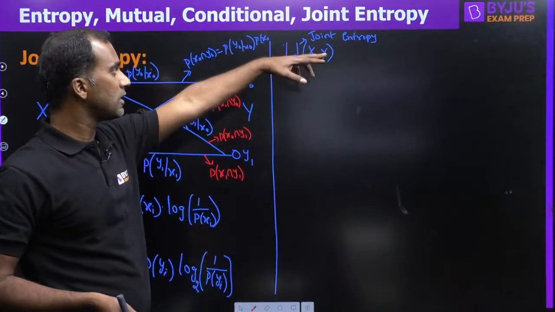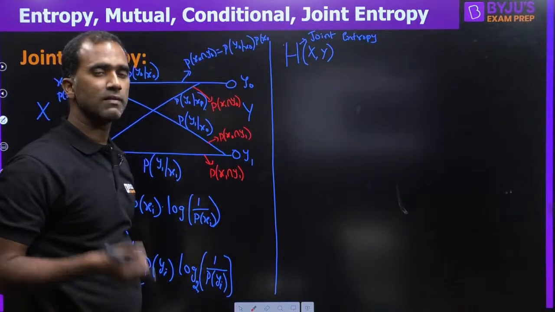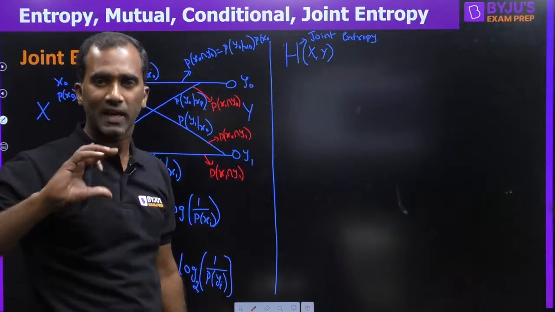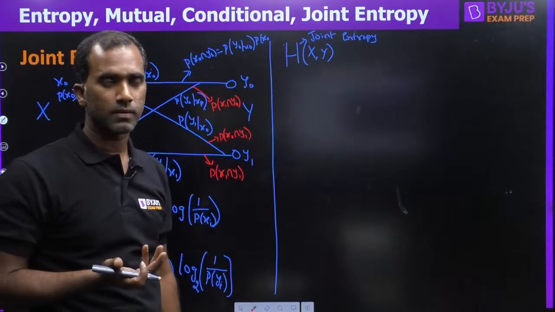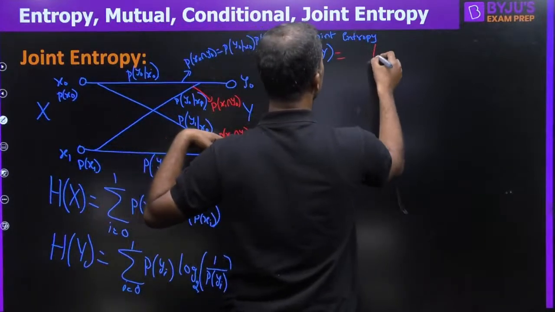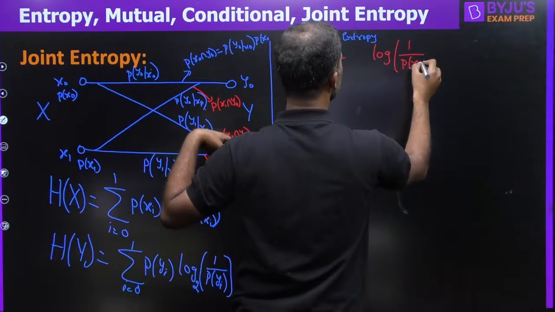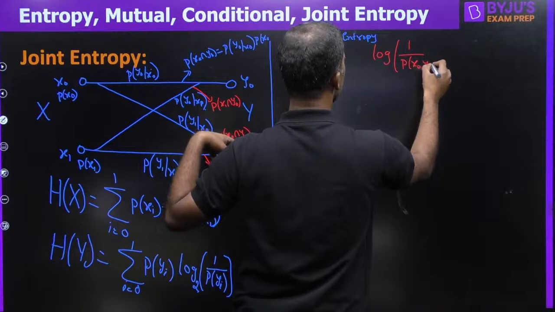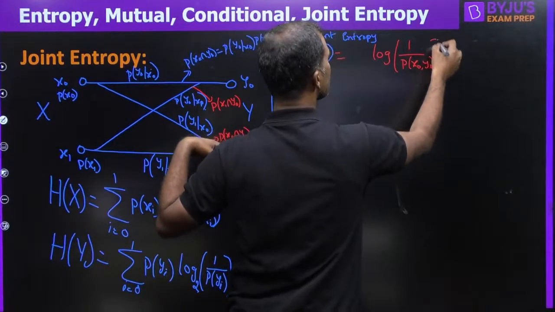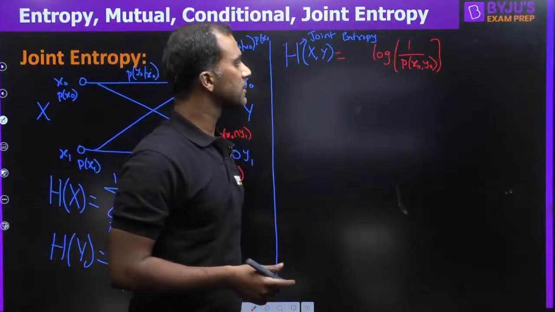So joint probability, joint entropy we want, which means we're talking about information in these joint probabilities. Whenever there is a probability, we can find the information by inversing the probability and applying logarithm. So can we find the information in this? Yes, very simple. Logarithm of 1 by p of x naught y naught, or x naught intersection y naught. When I write comma, it's nothing but intersection. This is how we find the information in this.